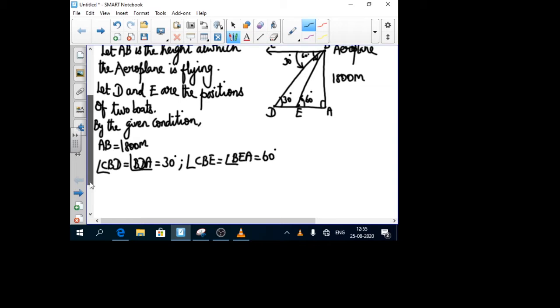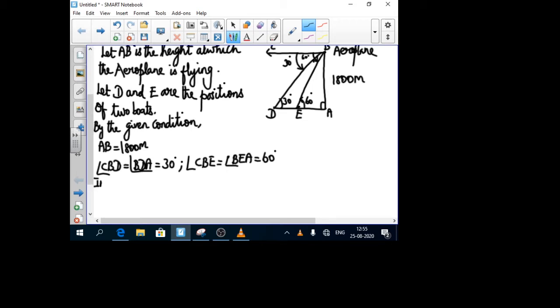So whatever is given in the question, we mark everything. We have to choose the first right angle triangle, one with 60 degree, and another right angle triangle with 30 degree. In the right angle triangle, first we take the right angle triangle BAE, where we use the 60 degree. The right angle you have to write in the middle only. So triangle BAE,